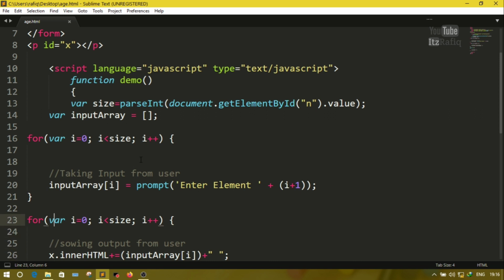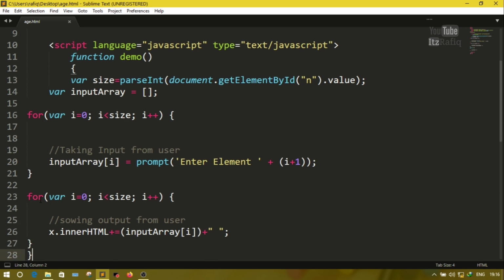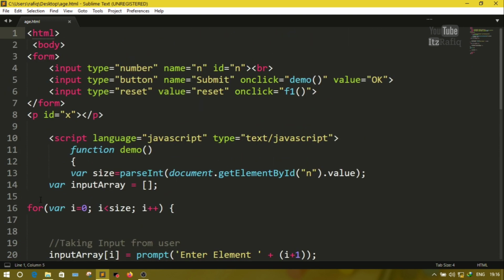Now this part we have done for taking input, and the next for loop we have done for showing the output. Again a for loop: for variable i = 0; i < size; i++, and here I have written x dot. Now from where did this x come? At the top here you can see I have defined a paragraph whose id is x, so this is the x.